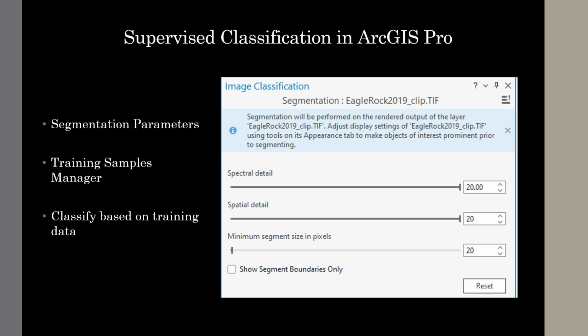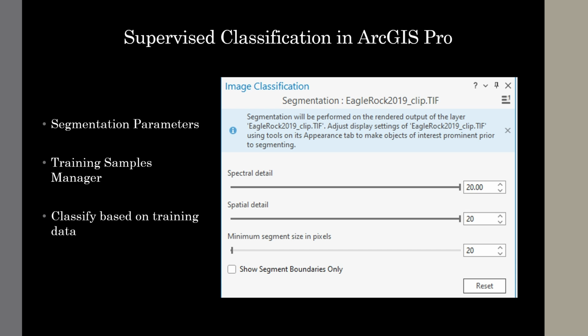object bleed. For the 2004 imagery, I experimented with a few different segmentations, but ultimately decided to go with 15 for spatial detail and 15 for spectral detail because the difference wasn't that strong, and the lower details seemed to group the noise in the imagery from clouds into larger chunks, which I will get into later on in the presentation. I made sure to collect at least 30 samples for each of my 5 land use types during my